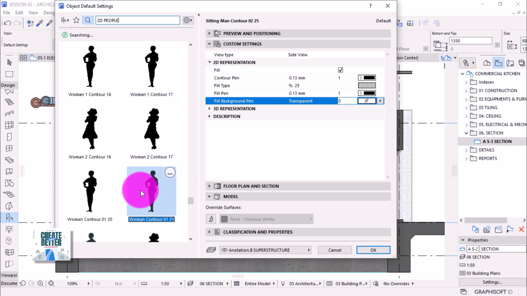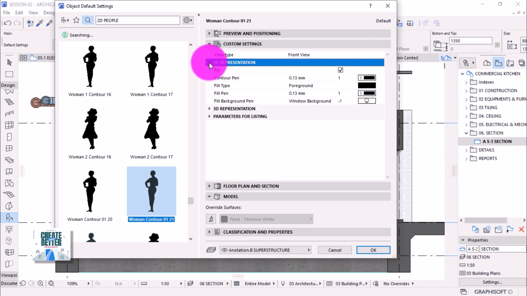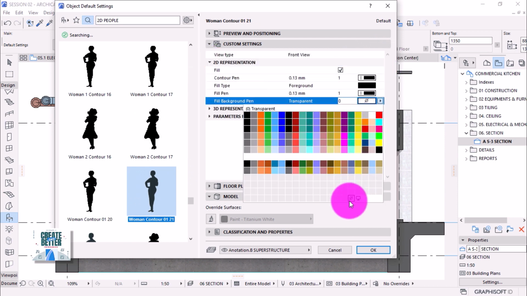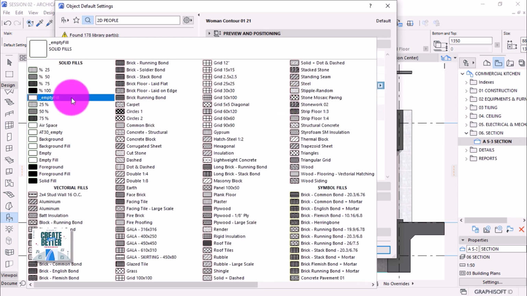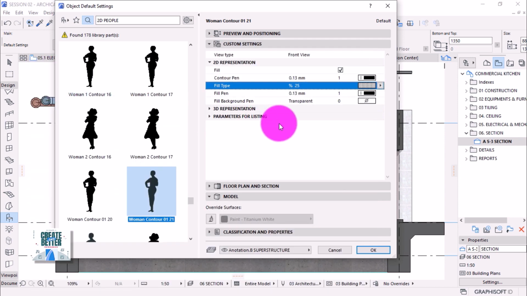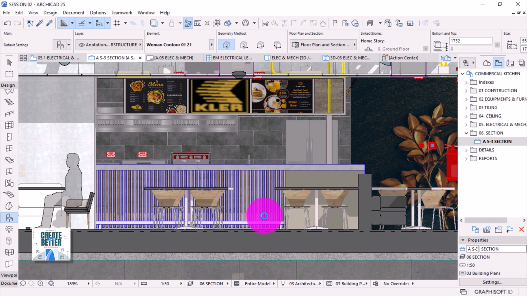And then pick this woman. Set the view type to the side front view and the fill background pen to transparent, then 25% of the fill type, then hit OK. Let's place it around the counter